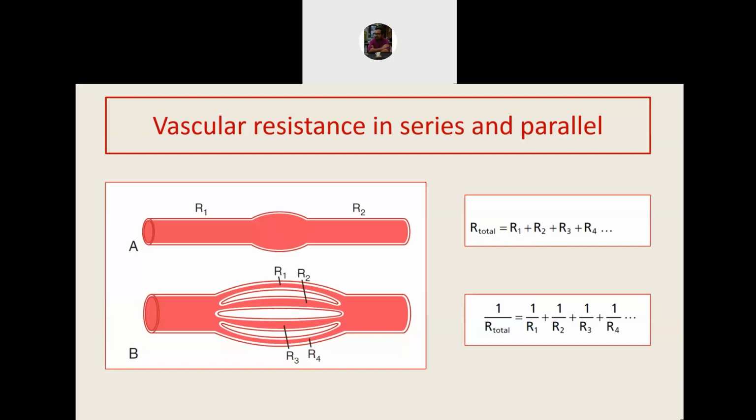So the smallest vessels which are arranged in series are the arterioles. And so arterioles have maximum contribution to the total peripheral resistance. Venules and veins have huge capacitance, and therefore the resistance in the circuit is much less.